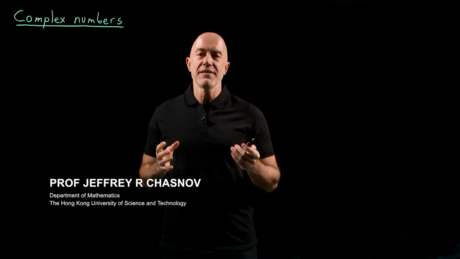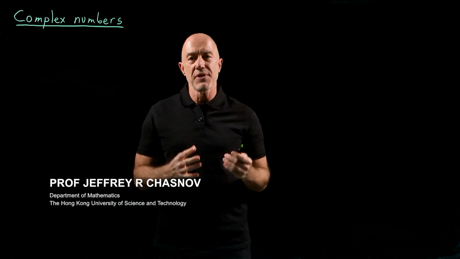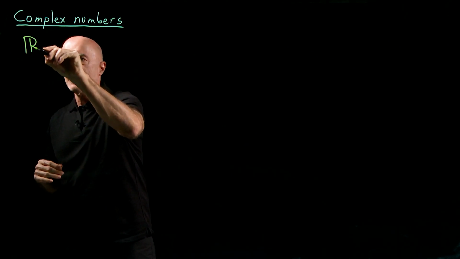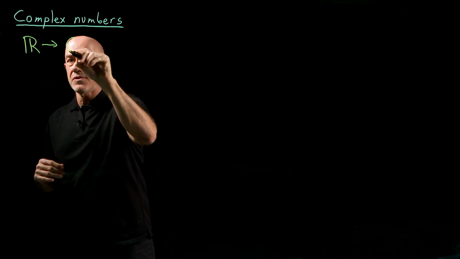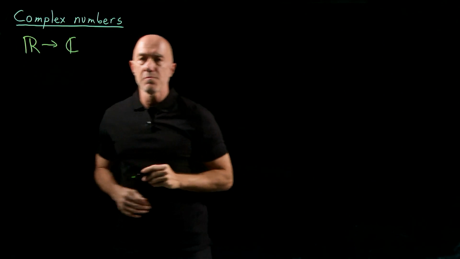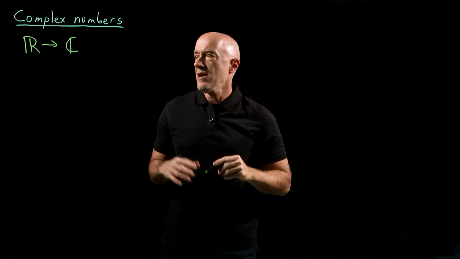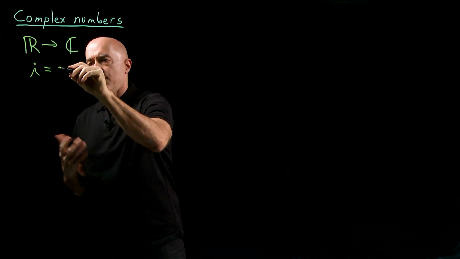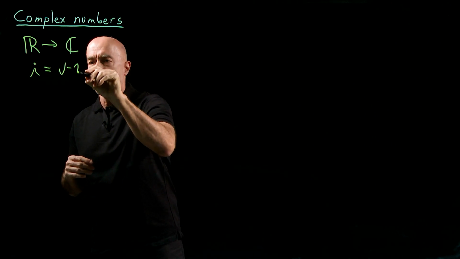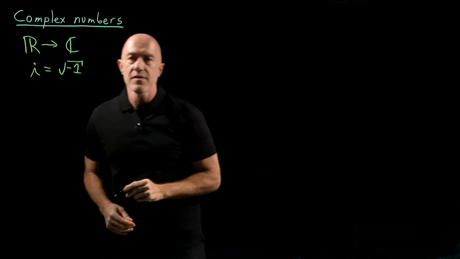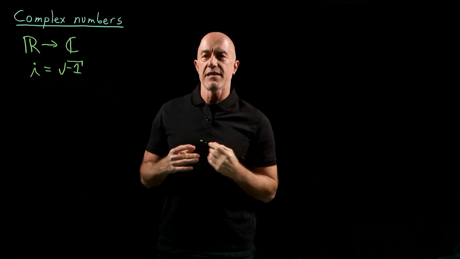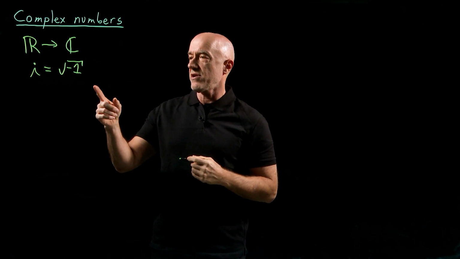Calculus is a good place to introduce the set of complex numbers. So we're going to extend the real numbers to the complex numbers, which gets the symbol blackboard C. We introduce the symbol i, which is formally written as the square root of -1. Remember that you're always taught not to take the square root of negative numbers, but now we're going to allow